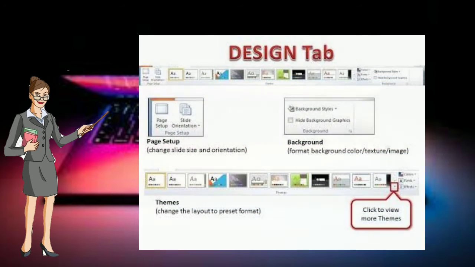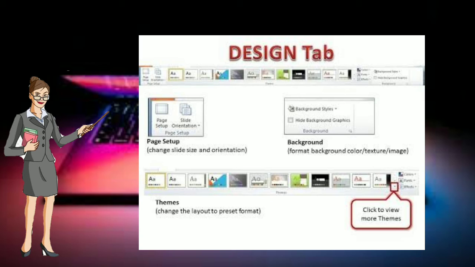Third, Design. The Design tab consists of 3 groups, namely themes, variants, and customize. The themes group provides a choice of different designs with colors, fonts, effects, and background styles.